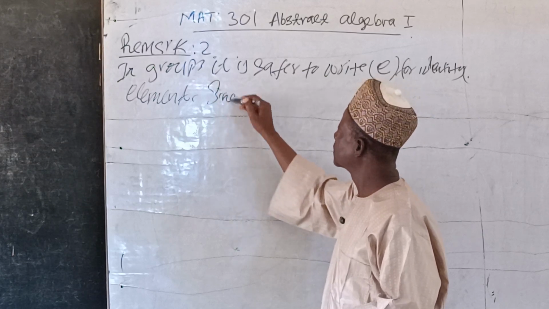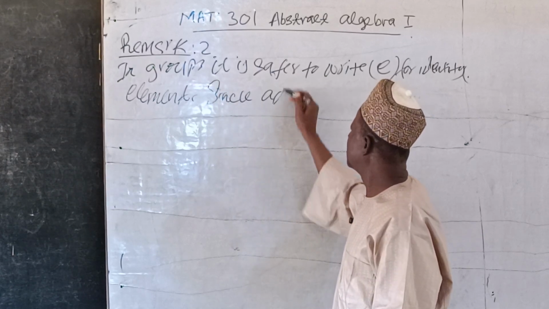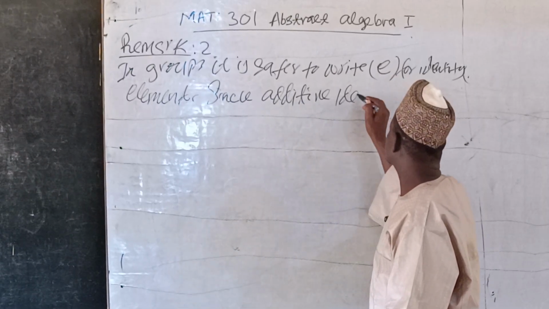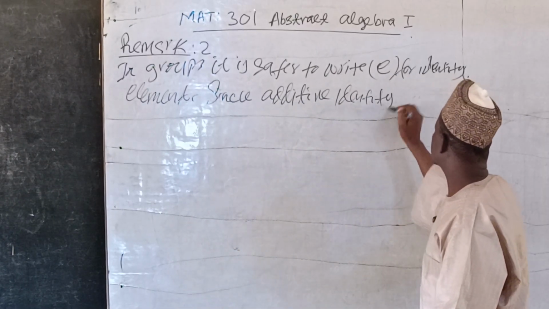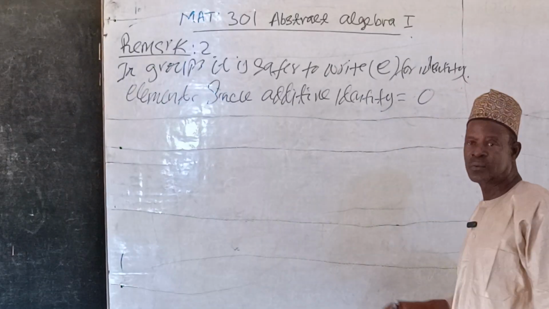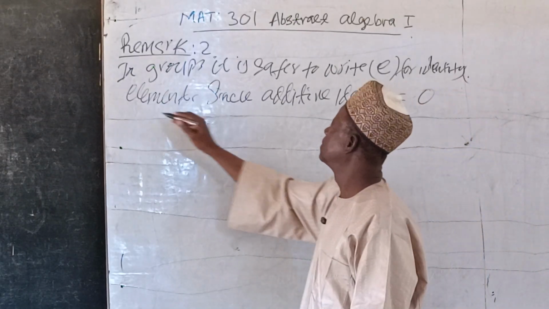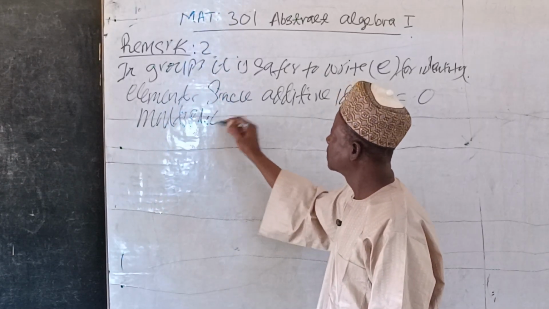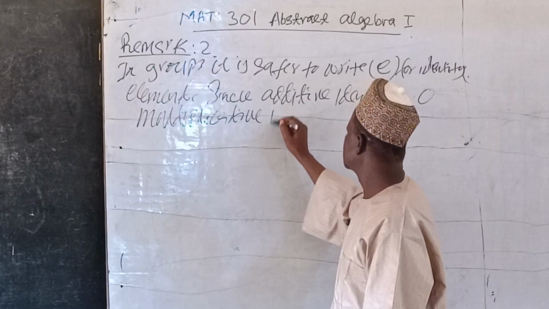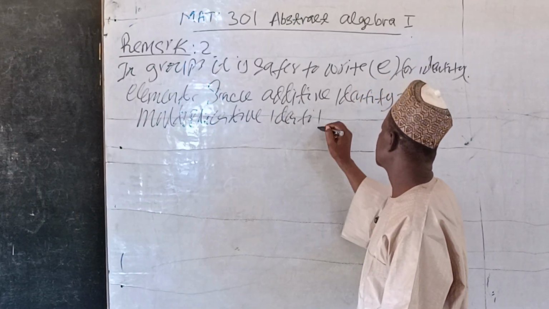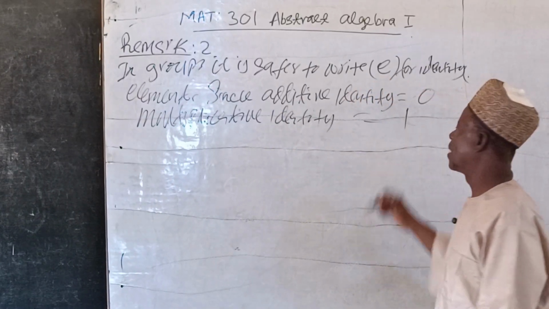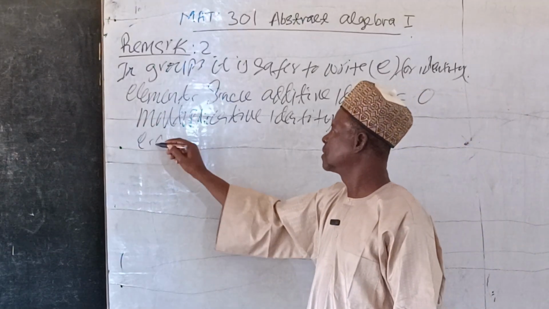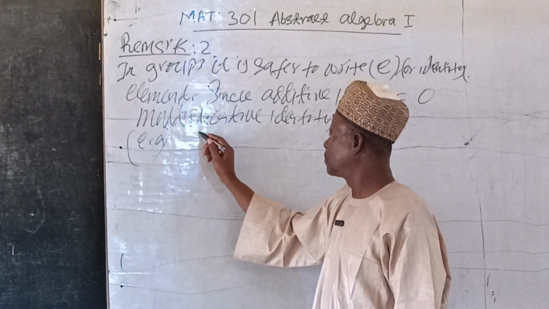Since additive identity is what? 0, isn't it? Multiplicative identity is what? 1. Okay? So for example, in a multiplicative group,